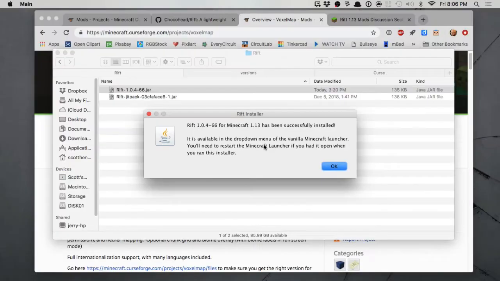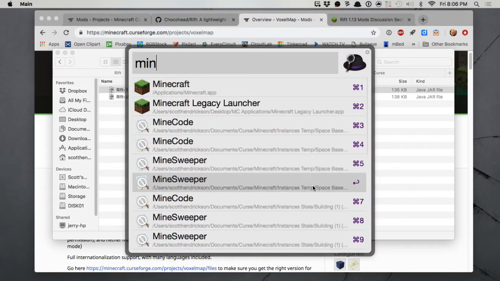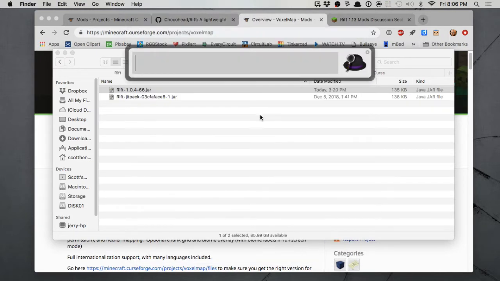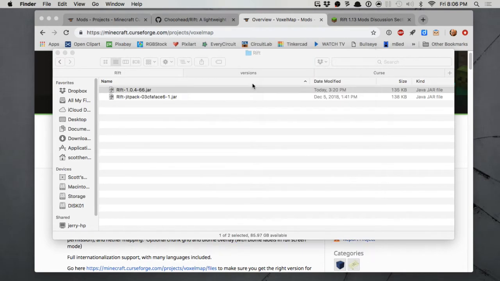It's available in the drop down of the vanilla launcher. So we just go to our Minecraft launcher now here and open that, and it opened awful quick. I must have had it open. Sorry about that, guys. All right, so you definitely want to go there, grab it,